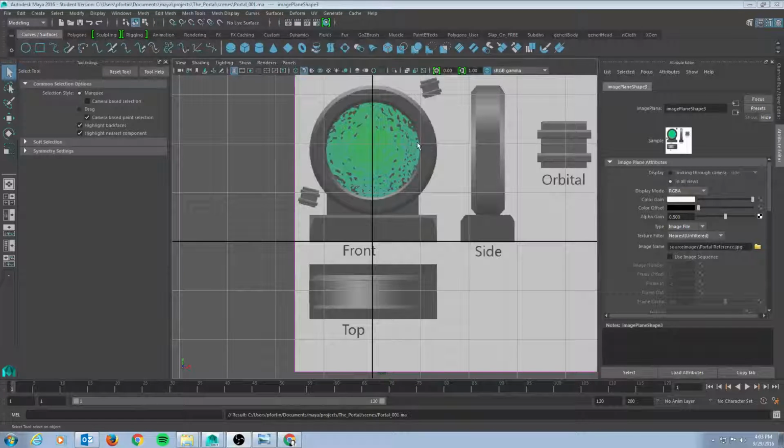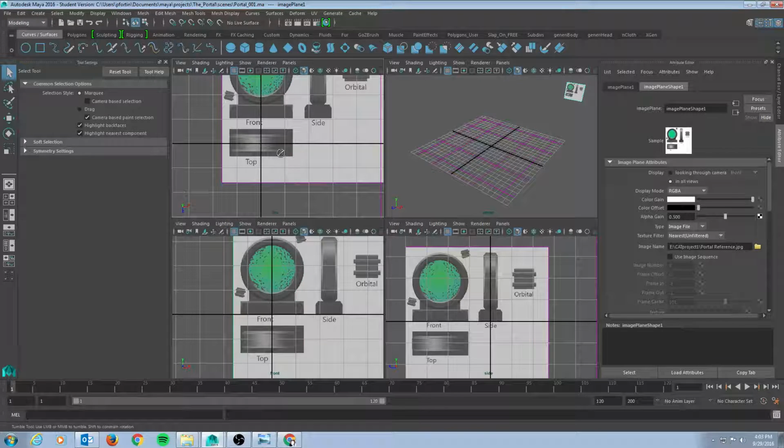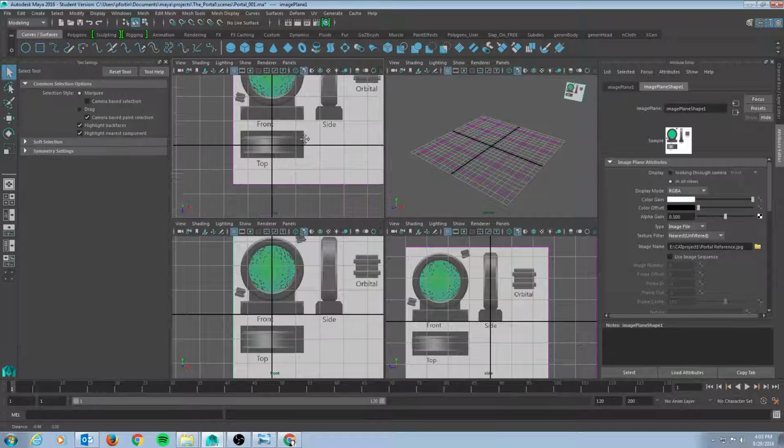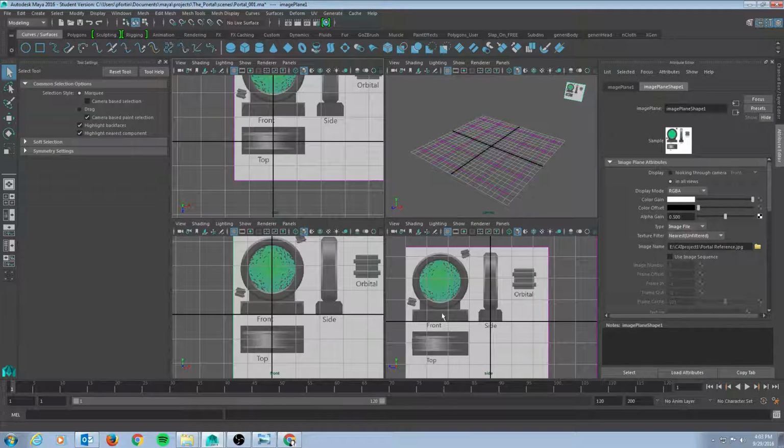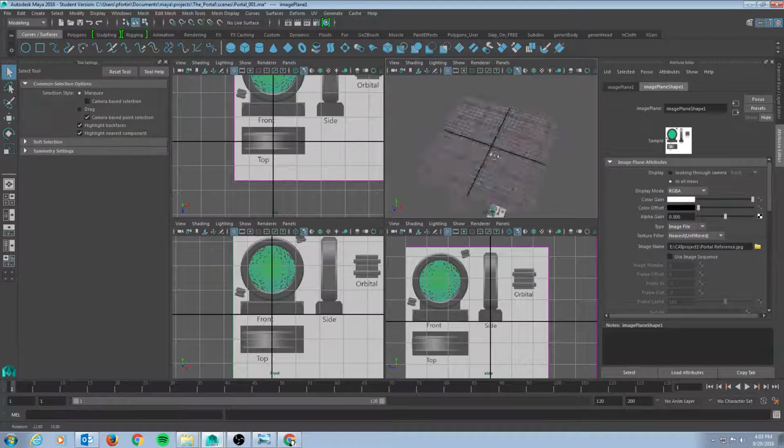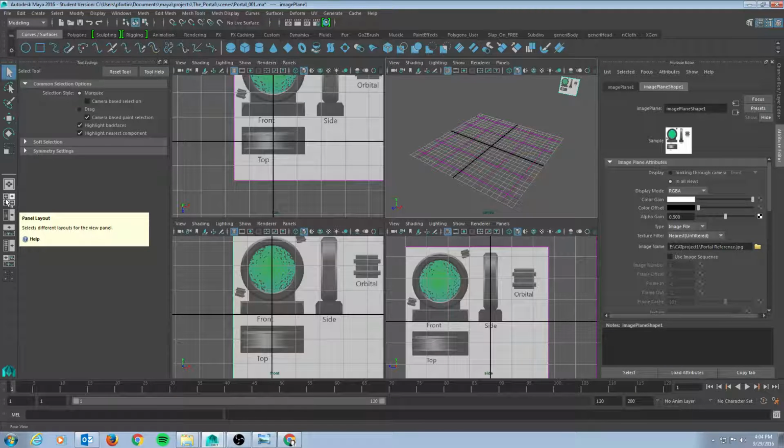So here we are. We now have the setup for everything. I've got all of my windows, and it's okay now to move these around. I've got all of them set up with their top, front, and side orthographic views. And it's easiest to work with the perspective view also. So this 4 window, which you can select by just clicking right over here in the panel layout, is a good setup. You got a couple others too, but this one right here will give you this 4 panel